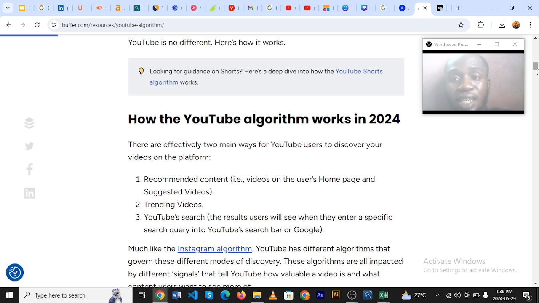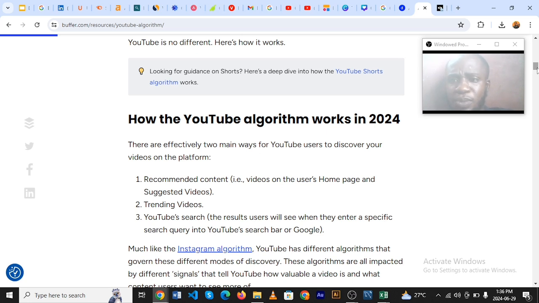Algorithm helps that channel a lot because now it begins to promote that channel because this is what people want to watch. People want to see reactions and all. Another one is look for what people are searching more on. Most time YouTube will suggest to you content people are searching more on. The other site you can check helps you to find out what people are searching more on.